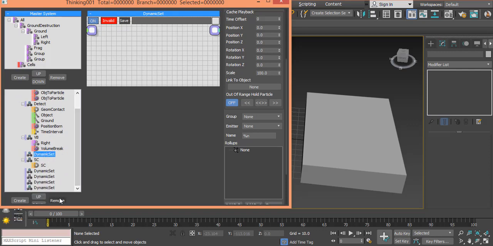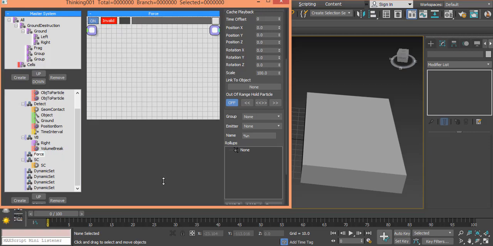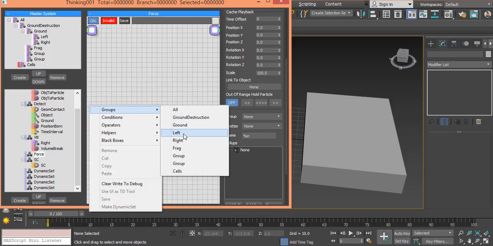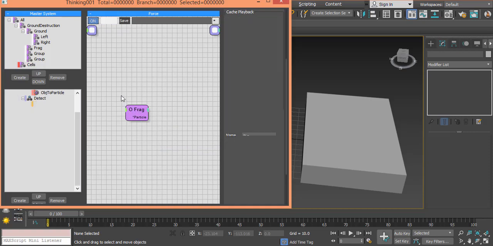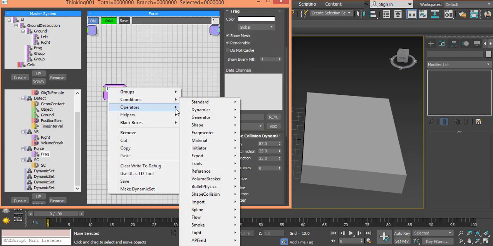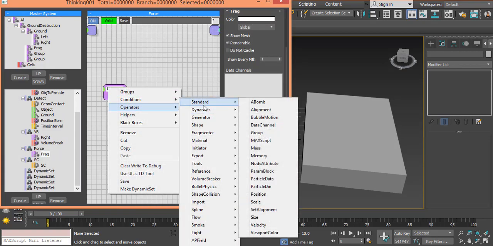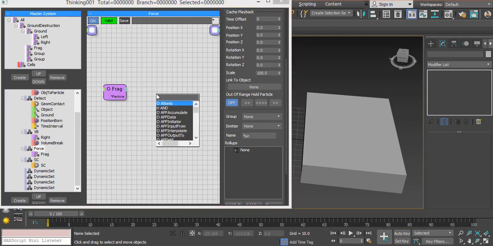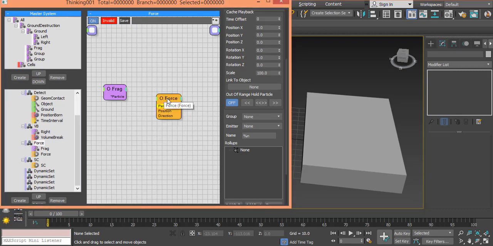Rename this dynamic set to force. Maybe we should use force. And use, and also